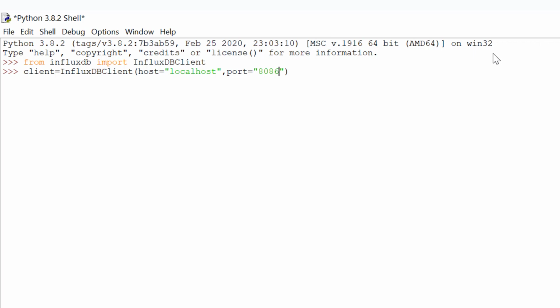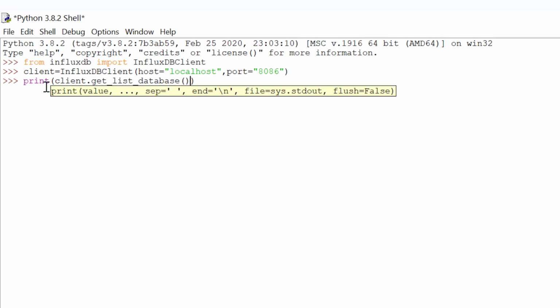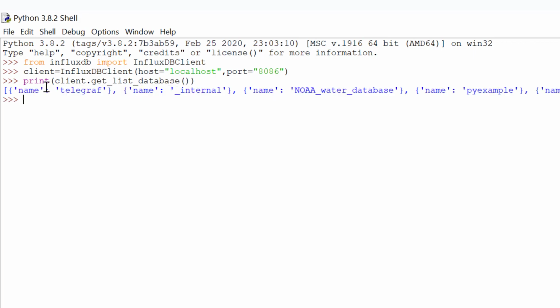Okay, so here my client object is created. Now let's list the databases. For that let me quickly print it. Print, and I'll give client.get_list_database(), and it should print the databases which are available.